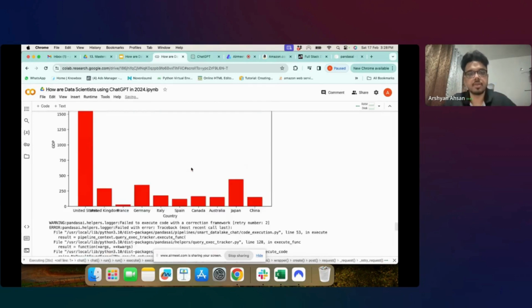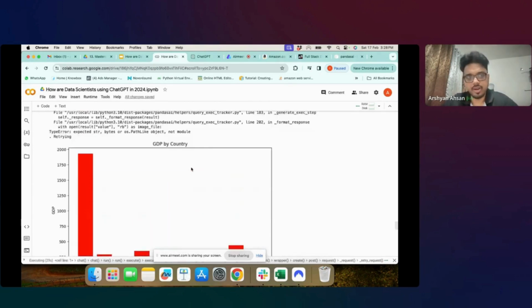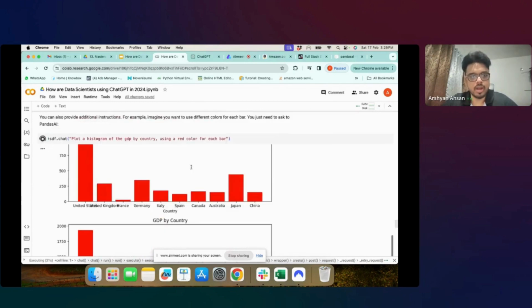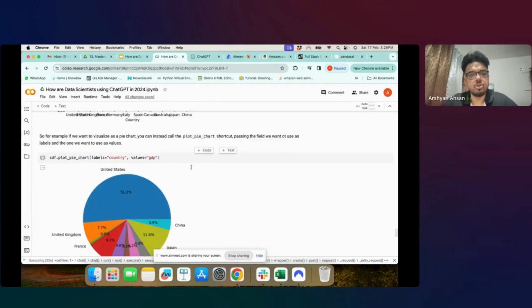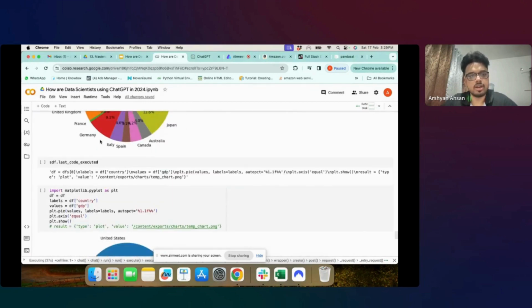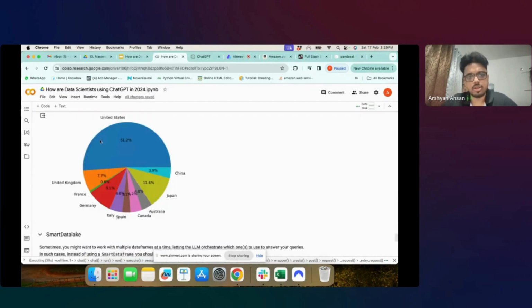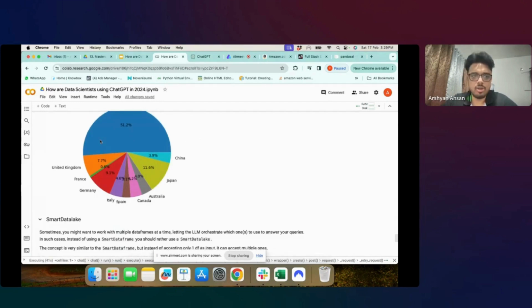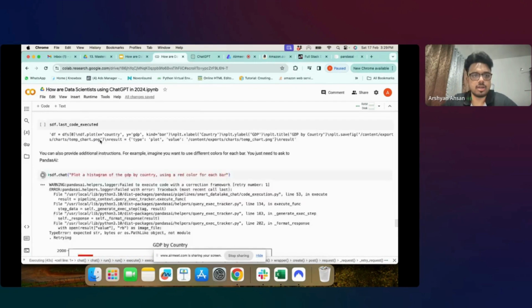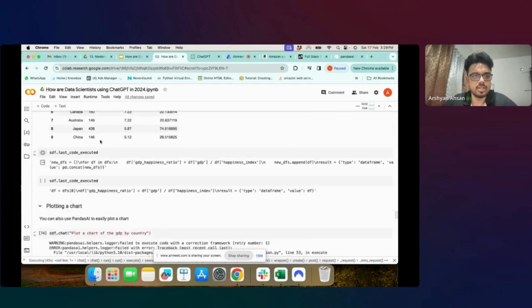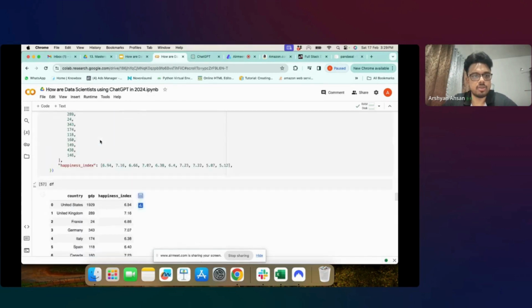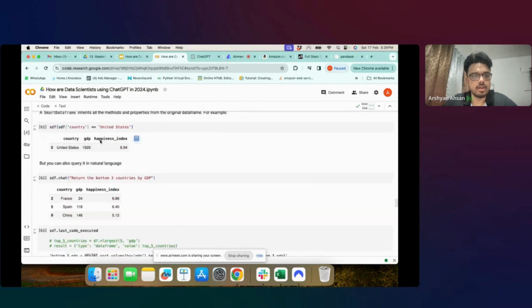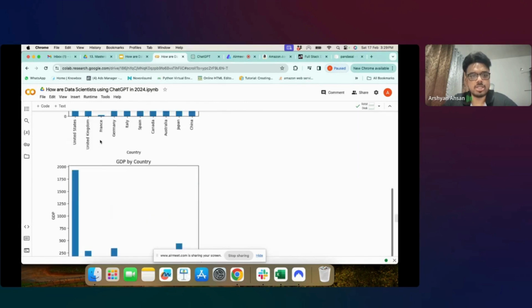सी, इट वॉज एबल टू डू इट परफेक्टली. थोड़ा टाइम लगा बट हो गया. मतलब दिस इज वॉट इट डिड, राइट? सो ऐसे करके मैं कुछ भी बोलूँ, मैं उसे बोलूँ कि मुझे पाई चार्ट जनरेट कर दो, हिस्टोग्राम जनरेट कर दो, लाइन चार्ट जनरेट कर दो, इट विल बी एबल टू डू इट. सो स्मार्ट डेटा फ्रेम, राइट, इज द मॉड्यूल दैट आई यूज्ड इन पांडास एआई. तो हमने स्मार्ट डेटा फ्रेम यूज करके ये सारी चीजें कर ली. अब एक और चीज होती है स्मार्ट डेटा लेक.